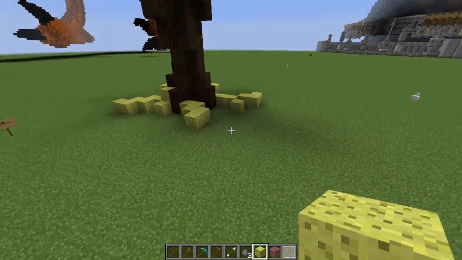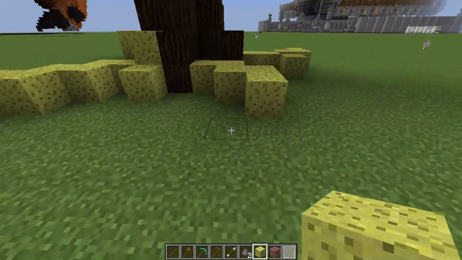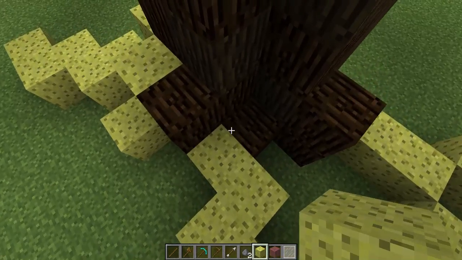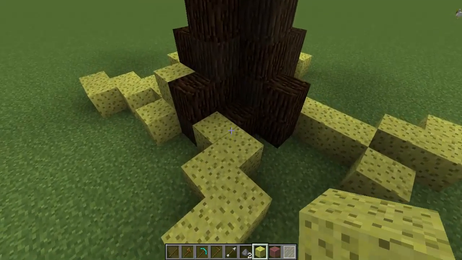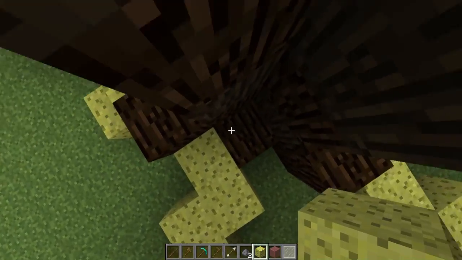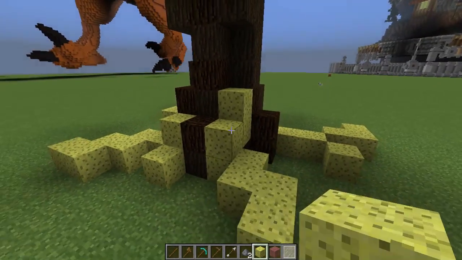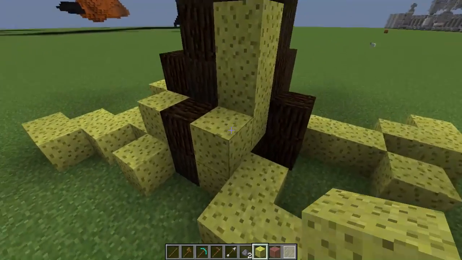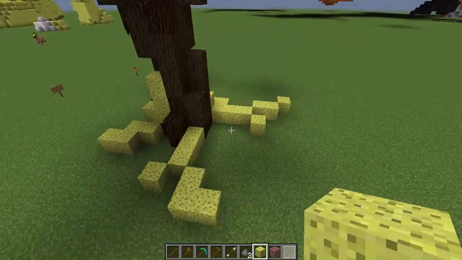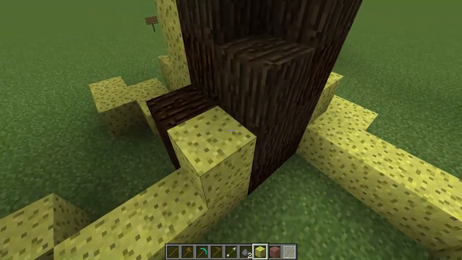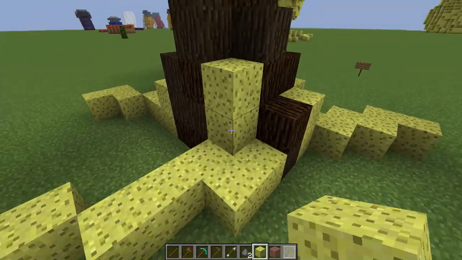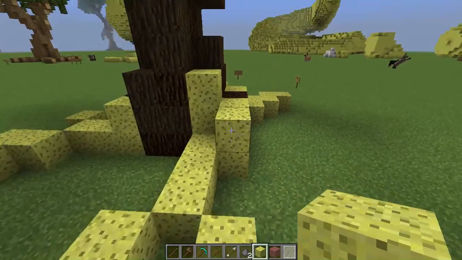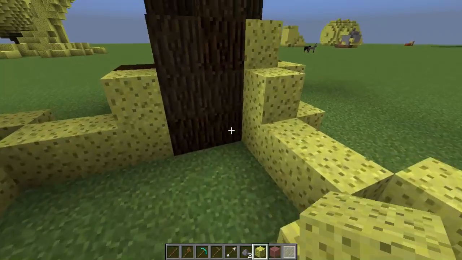So the roots will be like this, and if you see something like this thing looks odd when you look at it on this part right here, then you need to add a block on it and a block right here, so this thing will be connected and they will look like one base. Damn, I missed the time, eh? Alright,